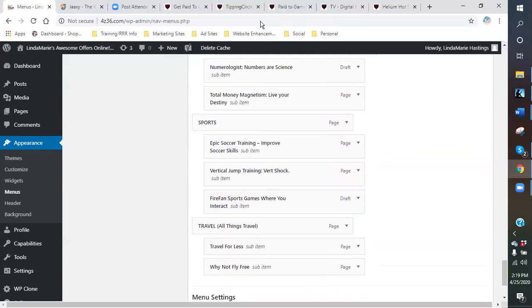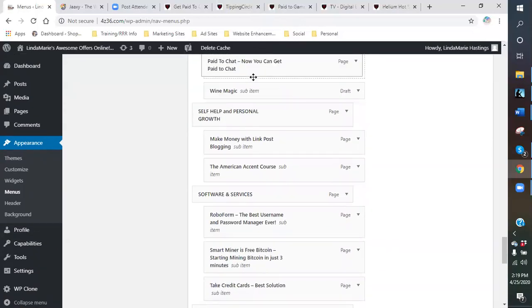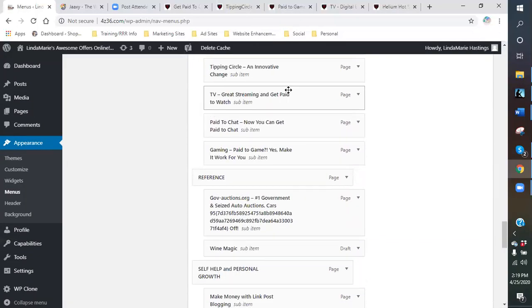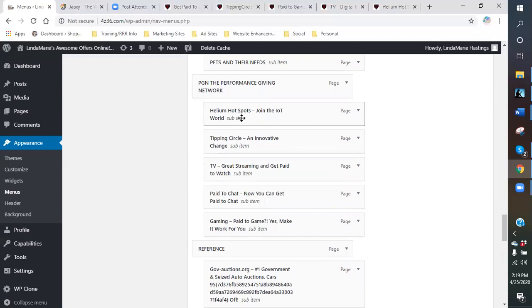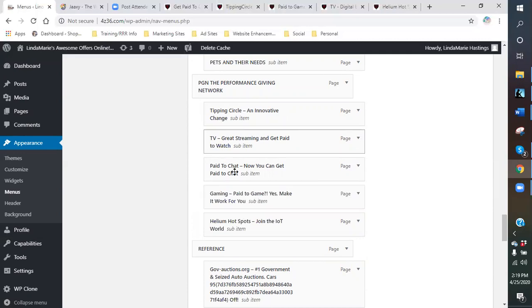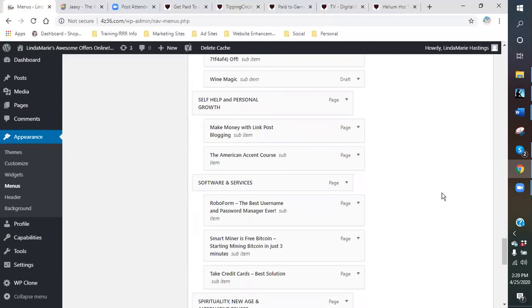Paid to chat. And then once you get them in here, you can rearrange them the way you want to, according to importance or what you want to. I would put the helium down at the bottom. There we go. Okay, and then you always want to make sure you save